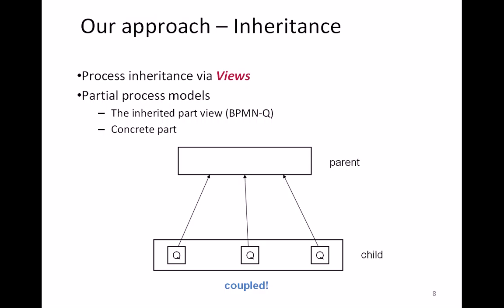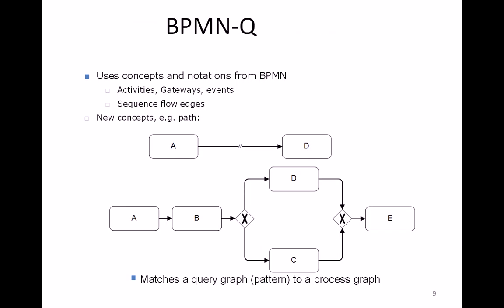The first part is a concrete part, which is like traditional modeling concepts like event, gateway, connection, task, and so on, and the inherited part, a view, which is defined by a BPMN-Q query. In short, BPMN-Q is a visual query language used to design views or queries over repositories of business process models. It uses the same concepts and notation from BPMN, in addition to some special querying constructs which are used for